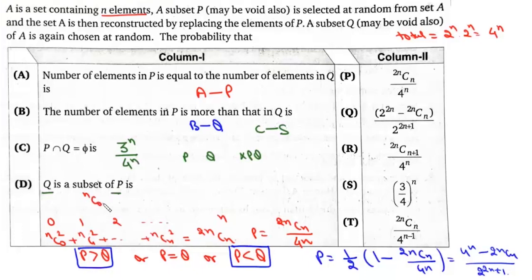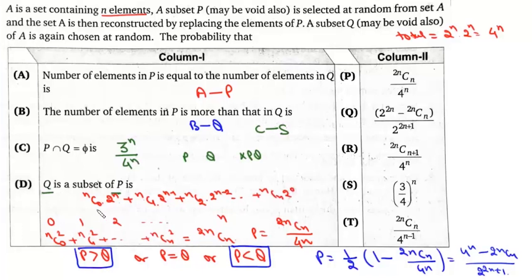So it is NC0. Then in that case, for each element, we have two choices. So we can construct this P in 2 to the power n ways. Now if there is one element in Q, and that element is already present in P, then for the remaining n minus 1 elements, we'll have 2 to the power n minus 1 choices. And then it will be NC2, 2 to the power of n minus 2, and then it will be NCn,